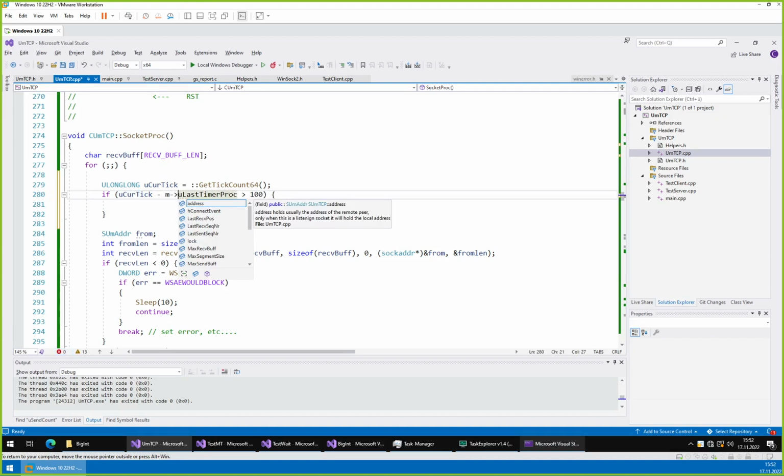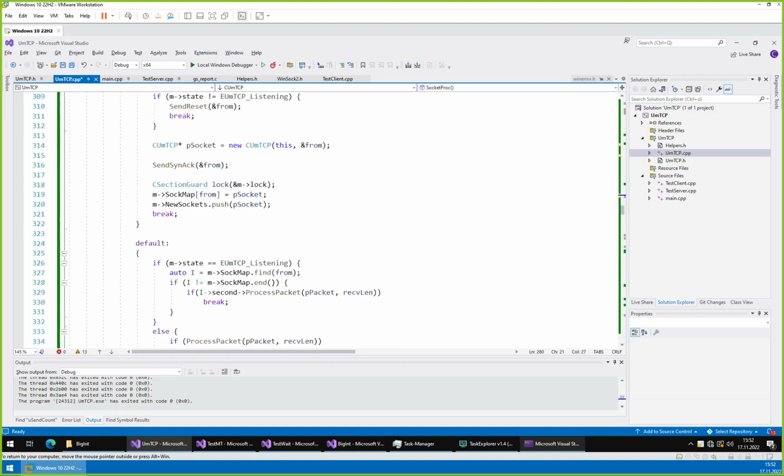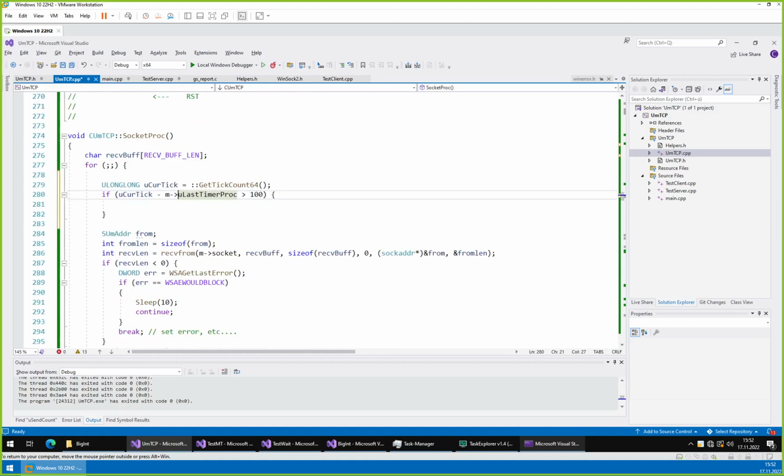Is that the best scenario? Yeah, it's good enough. Well, technically we should do it on a per socket basis, so for every individual socket, but we have so many, and since it's the same value, we will just keep it here for now. Okay, so then if this is the case, then we can